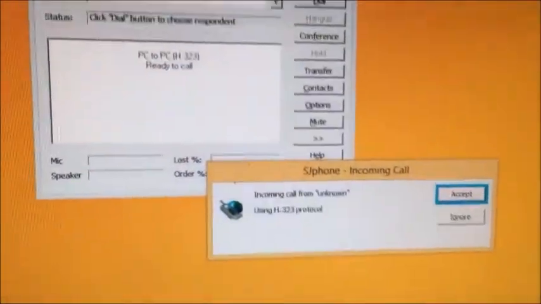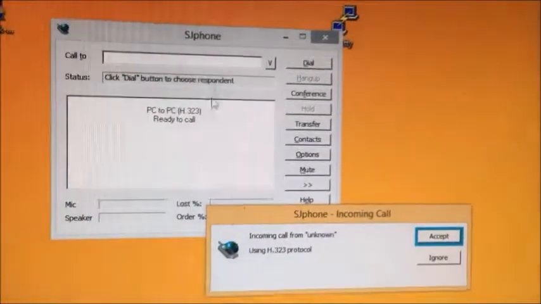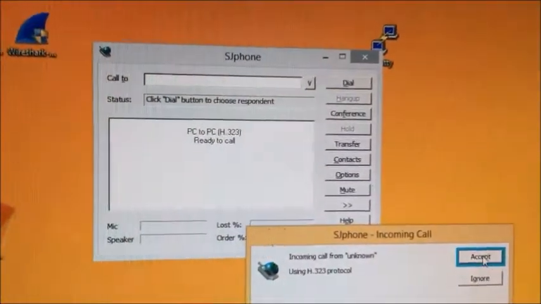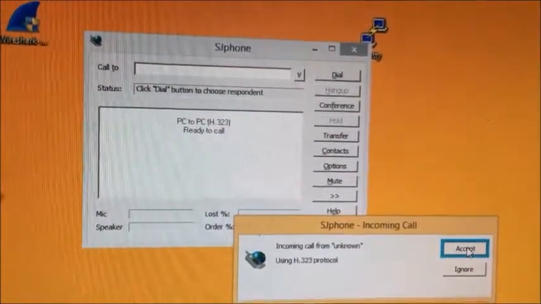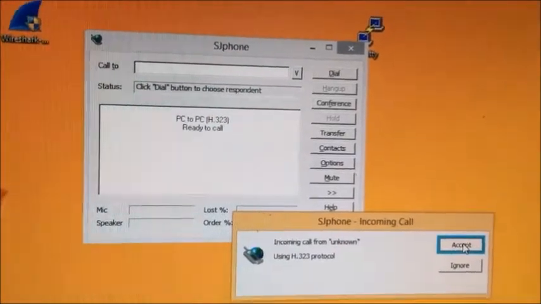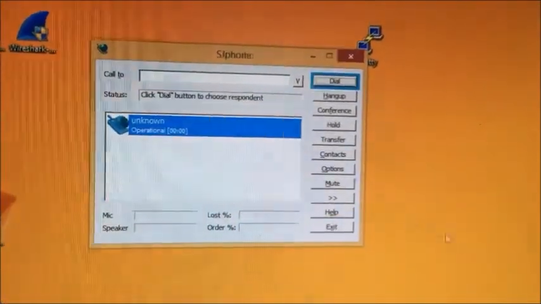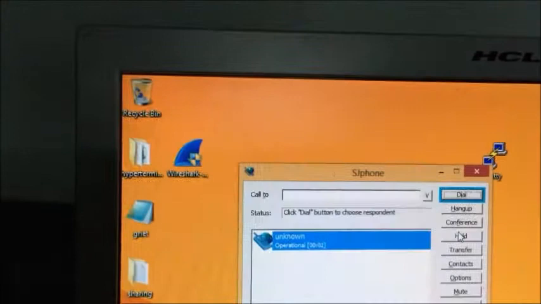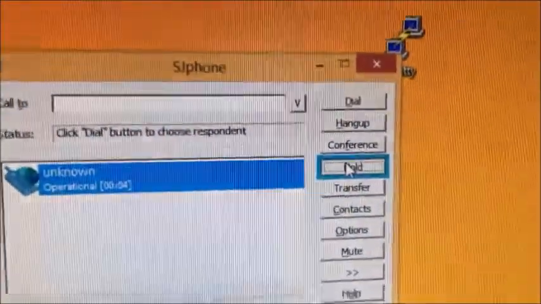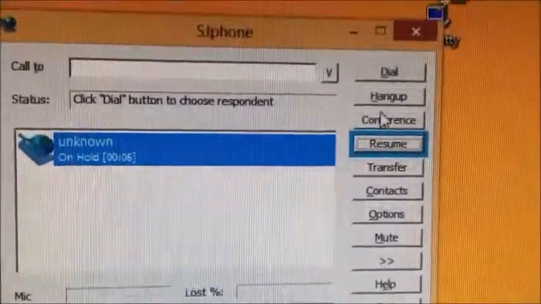You can see the other system is getting the call. I can accept the call or ignore the call. I have accepted the call, and you can see I can keep this call on hold or in call transfer.